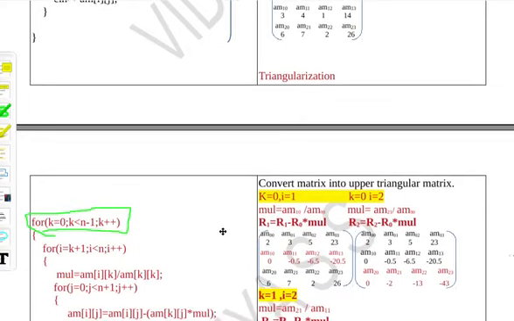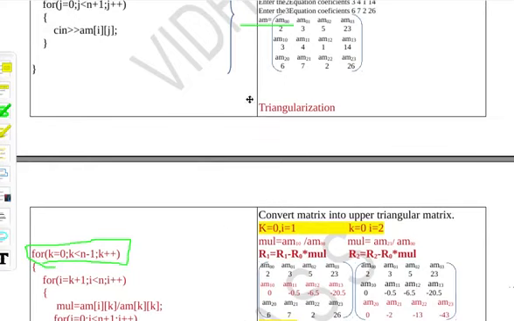So what I have to do next is, I need to take the remaining rows for change. That is, if my pivot row is this row, the remaining rows next to that row are the rows I want to change. For that, I am using this loop. So i value will start from k plus 1. That is, the 0th row is the pivot row, which means k plus 1, the first row, and the second row, I need to make changes.